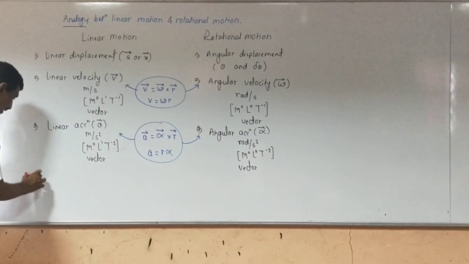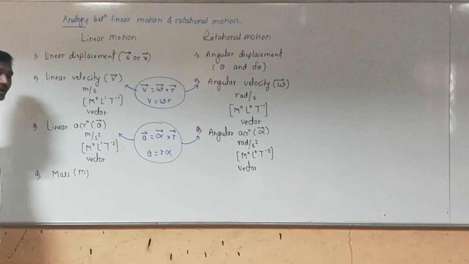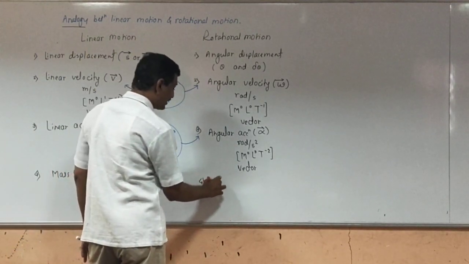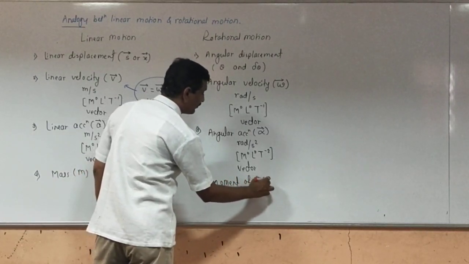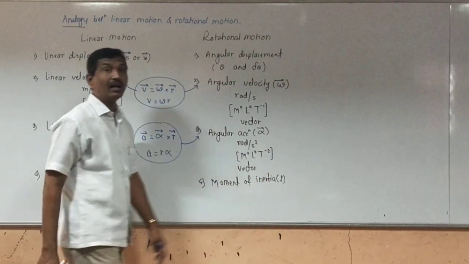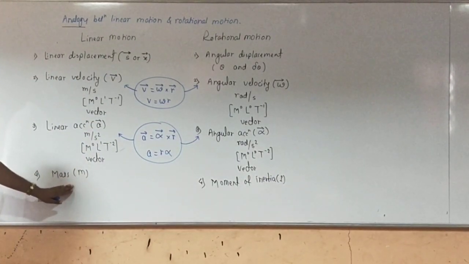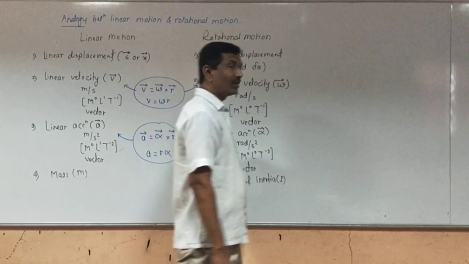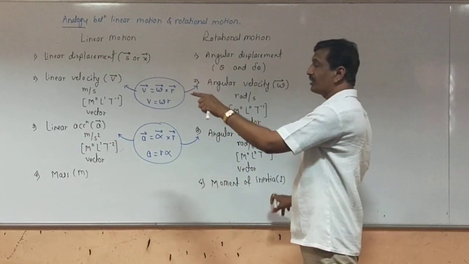Fourth physical quantity is the mass. So you are well familiar with the mass. The physical quantity which is analogous to the mass in case of a rotational motion is the moment of inertia. Moment of inertia is denoted by the symbol I and abbreviated as M.I. So mass is a scalar, its SI unit is kilogram. Now we consider here moment of inertia. So moment of inertia is analogous to the mass.